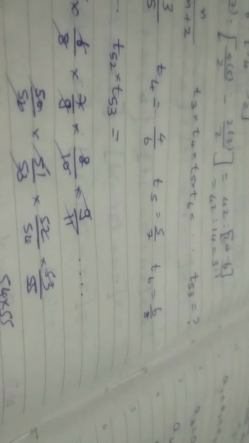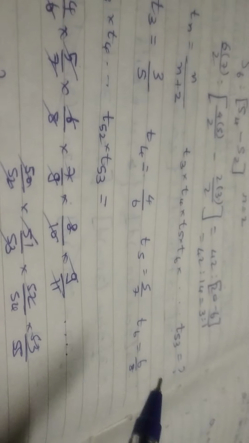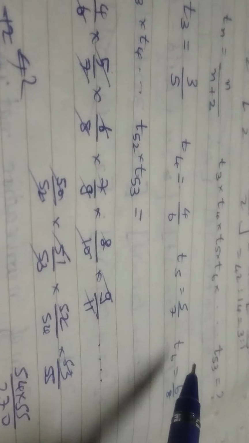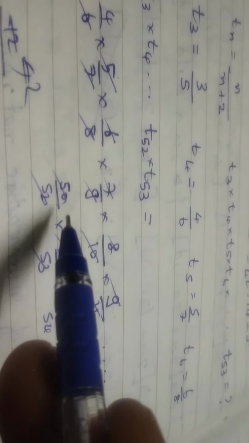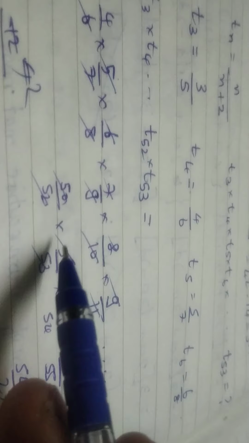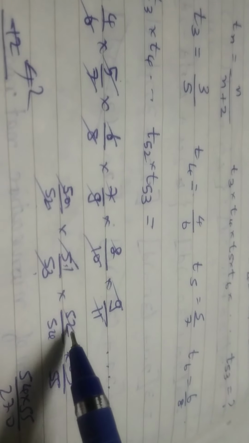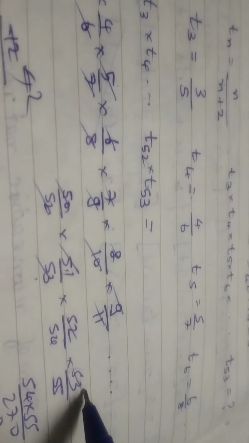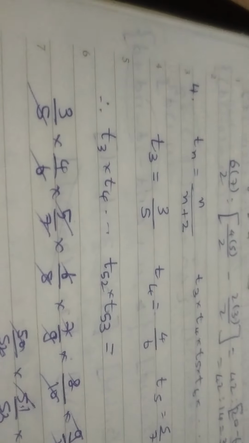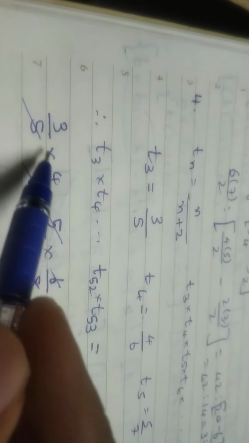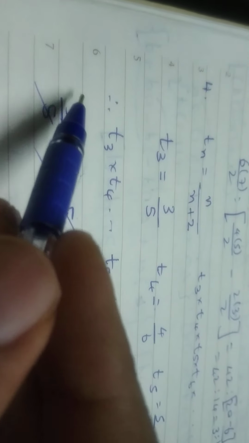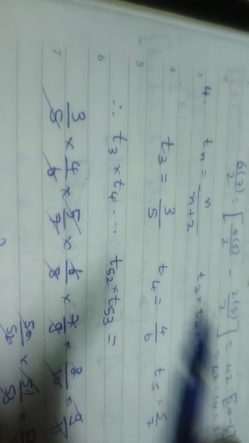They are asking you to find out the product until the 53rd term. So the 50th term will be 50 by 52, the 51st term will be 51 by 53, the 52nd term will be 52 by 54, the 53rd term will be 53 by 55. If you carefully observe, the first two terms will get cancelled nowhere else, whereas the numerator of the first two